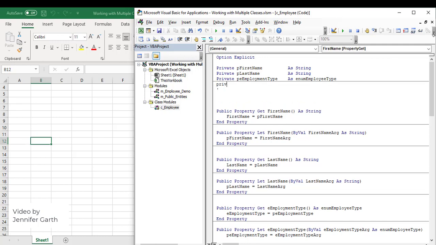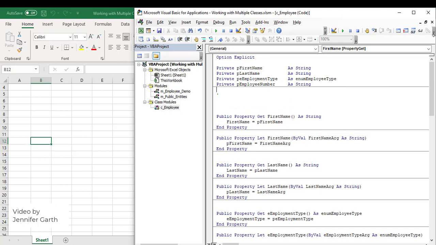Okay, so the first one that I'm going to add is the employee number. And that's going to be a string. So I'm just going to call that employee number. And these are all going to be strings. And then I'll add the department. Actually, before we add this department, let me show you guys something that really was the